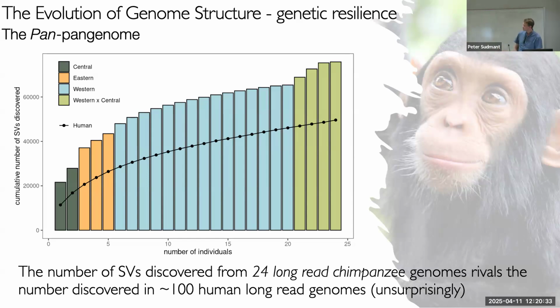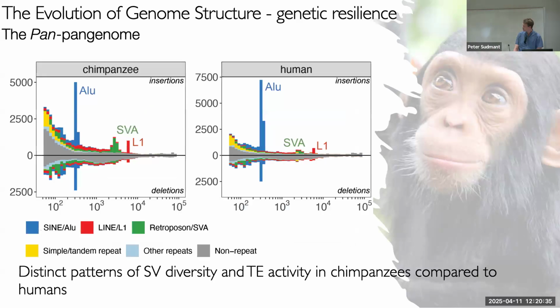All right. So now we can start to compare these and look at what's different, which I think is super cool. This is a plot of structural variants in humans and chimps, showing the size distribution and count. It's just a histogram of insertions relative to CHM13 and deletions relative to CHM13 in humans. What you can see here is that there are more of these small things. There's this huge peak here, and then it goes down. So really big things are quite rare.